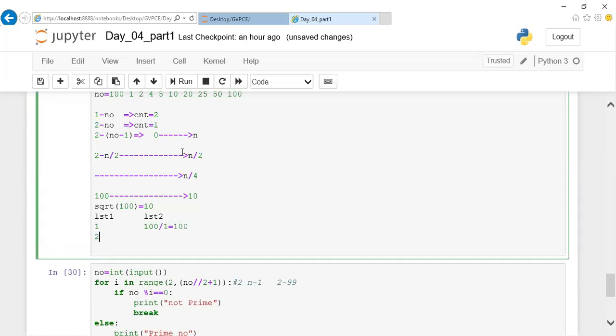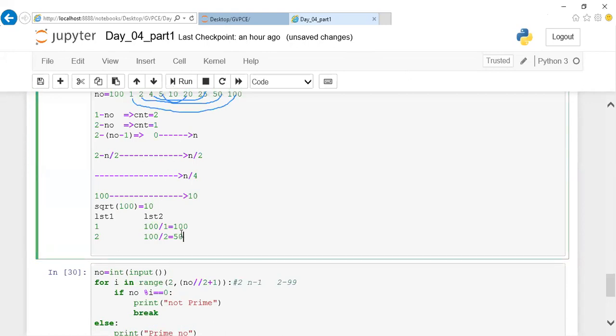The same way, the second number is 2. By using this number, I can generate the other: 100 divided by 2 gives you 50. There is some relation between this number and that number, the next number and its pair, and so on. This relation is what I'm going to show you. Listen here.